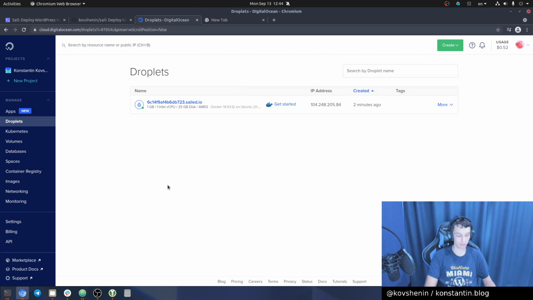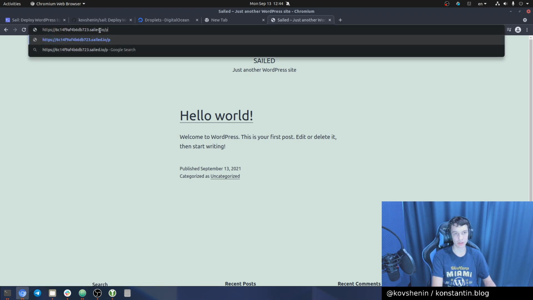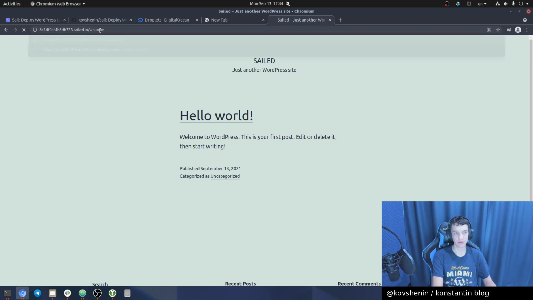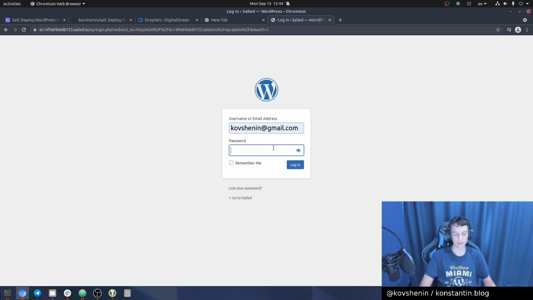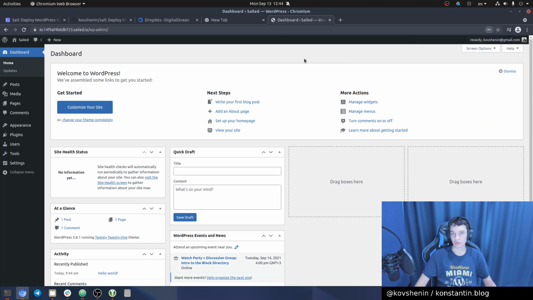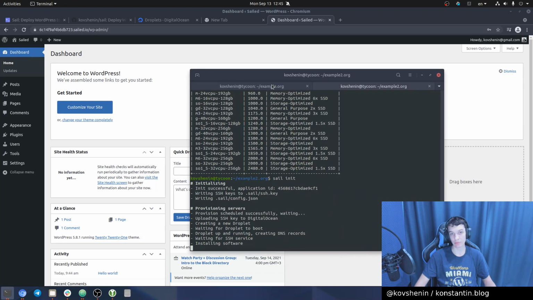So here's the site. It's a brand new vanilla WordPress site. There's the access credentials, which are automatically generated. Admin. So I can get into WP admin, and yeah, so this is basically it. This is what init does. It creates a vanilla WordPress site, which I can start using almost immediately. We had to wait a bit today, but